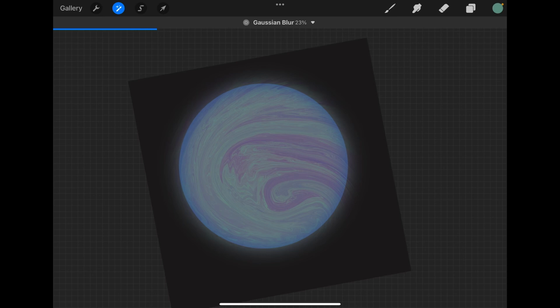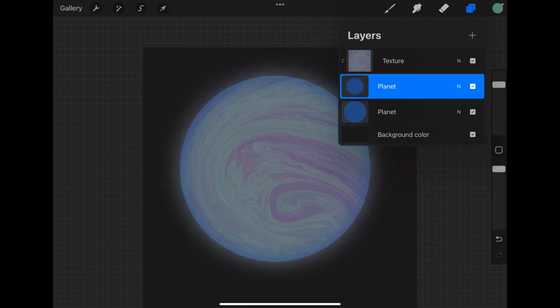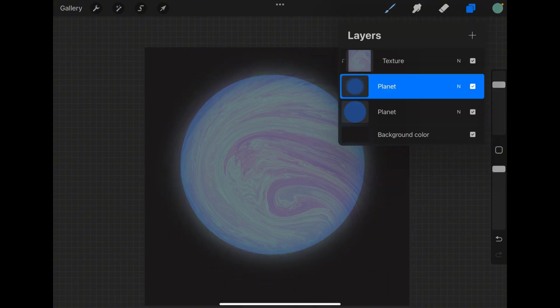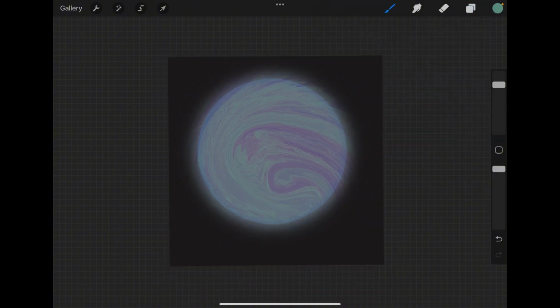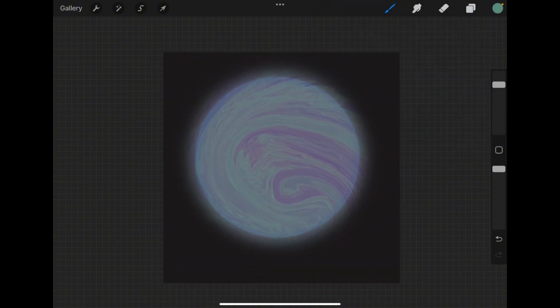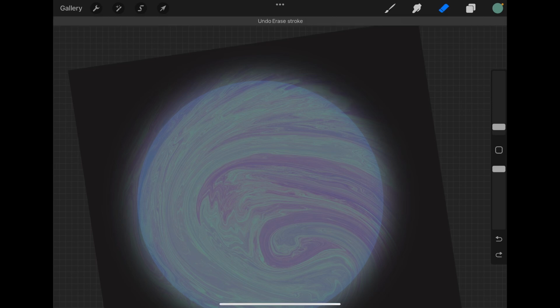I put too much on the texture layer that it's kind of like spilling over the place, if you can call it that. And then what you want to do, if you want to duplicate this, go ahead. And here is your planet. And if you want to remove any excess, you can just erase